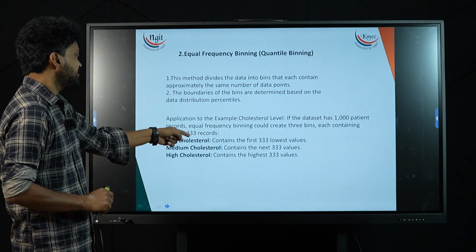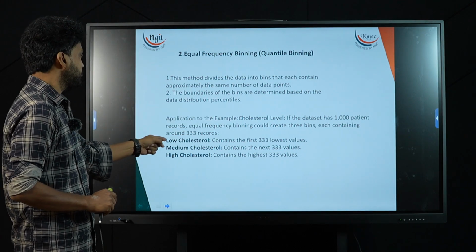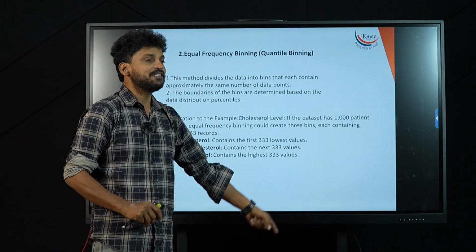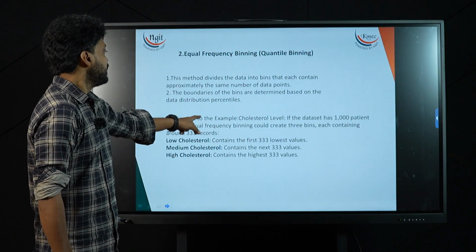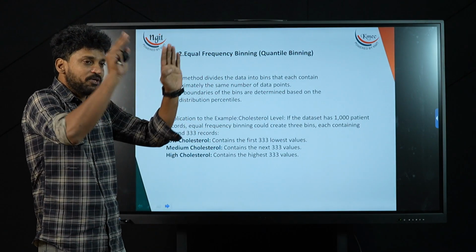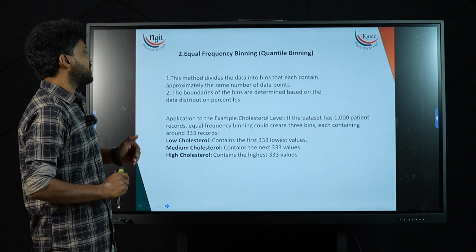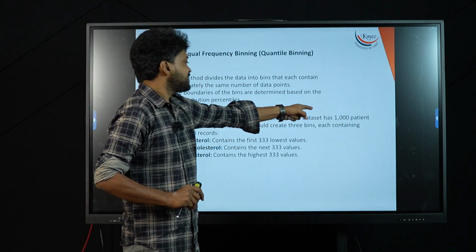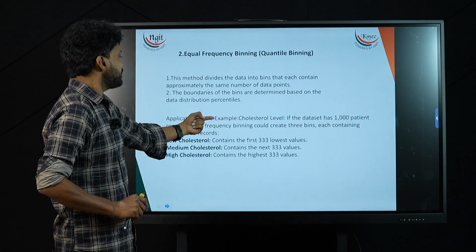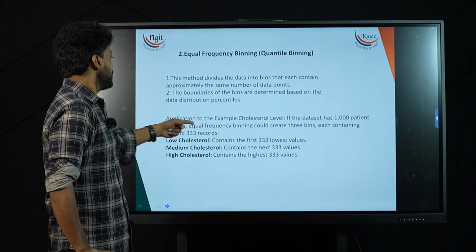Medium cholesterol contains the next 333 values. High cholesterol contains the highest 333 values. Let us understand cholesterol level. I just need to divide this cholesterol level. If the data set has 1000 patient records, equal frequency binning could create 3 bins, each containing